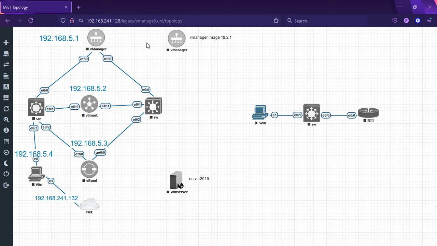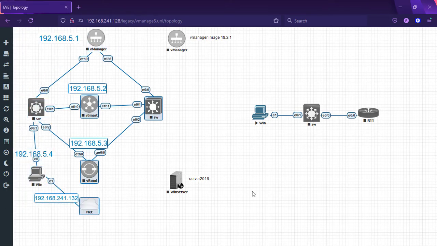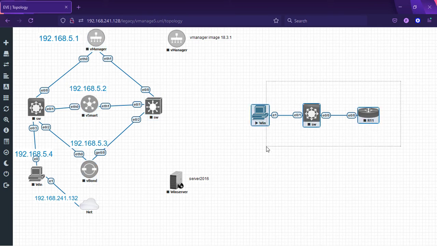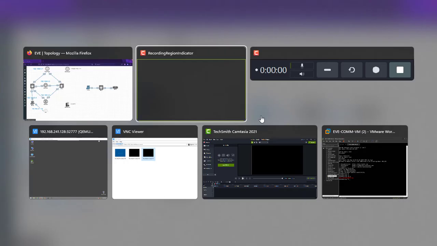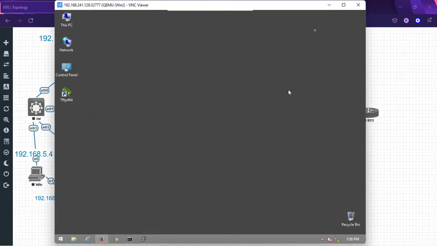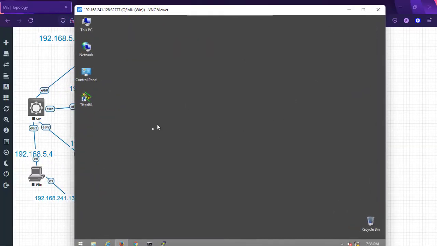This is actually my SD-WAN lab. So right now I'm not making the video about this one. Here I created a lab for this small video. So here's my router, switch and PC. You can see right now I'm using this Windows 8 PC machine, which I connected through VNC.